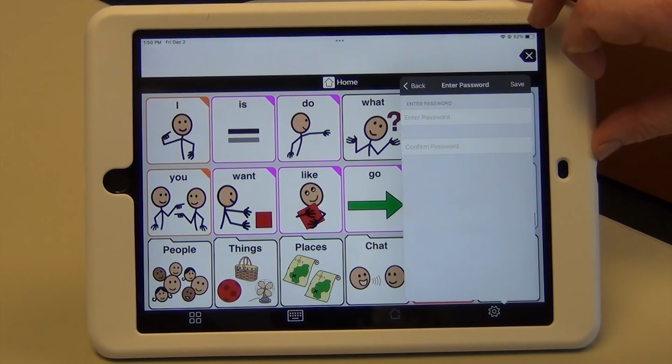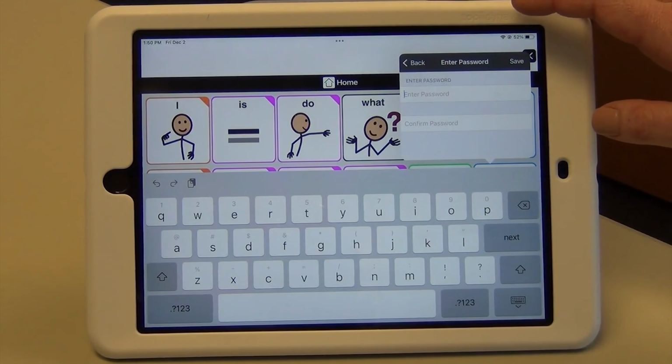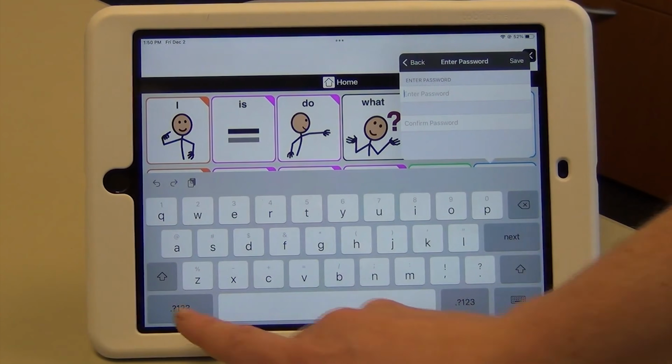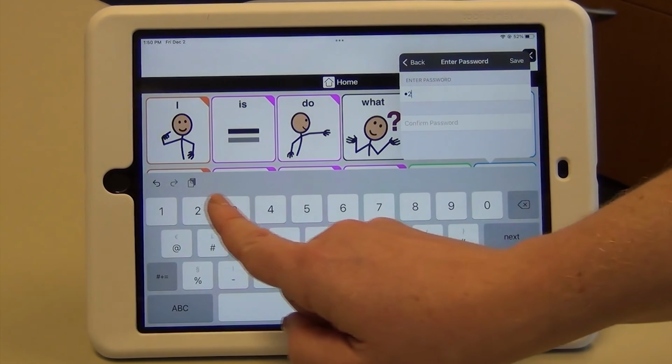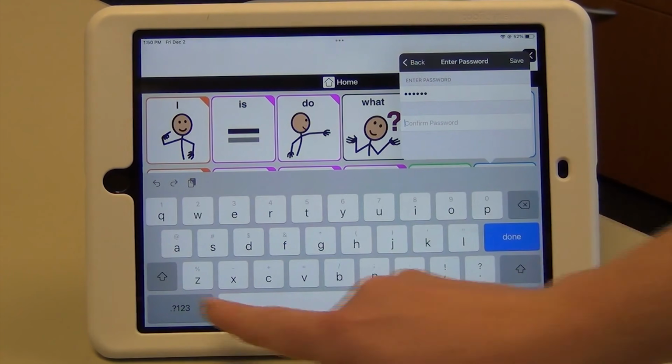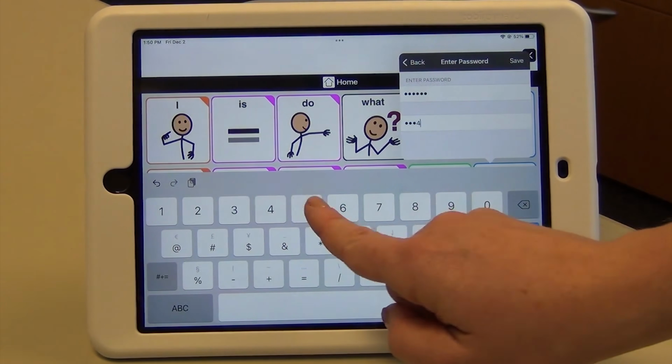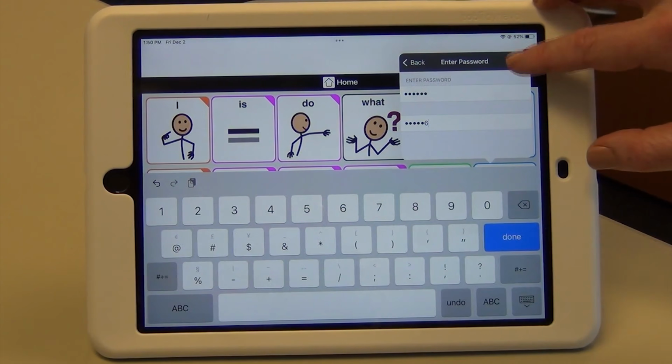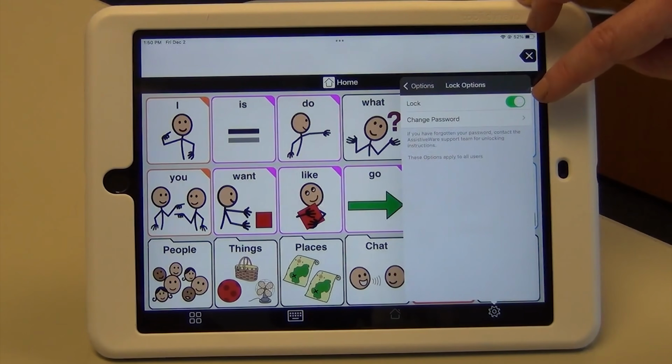So you'll toggle this on, but since I didn't have a password created, it's going to prompt me to make a passcode. I will just create one really simple, 1, 2, 3, 4, 5, 6. You'll have to confirm. Do 1, 2, 3, 4, 5, 6. I will save it. And you'll see that it has turned green, which means that the lock option is now